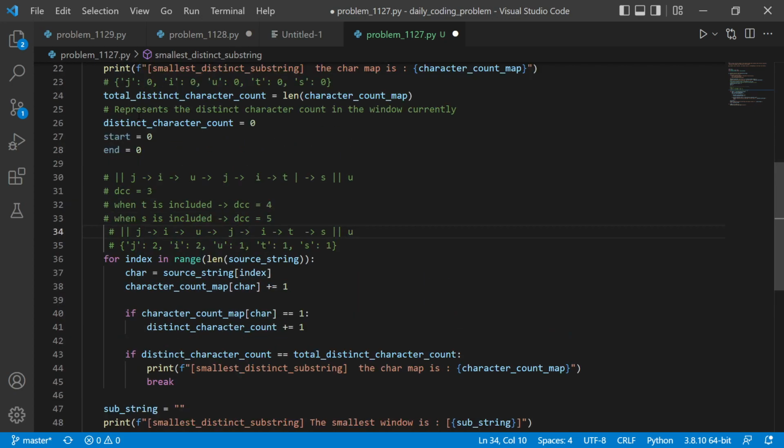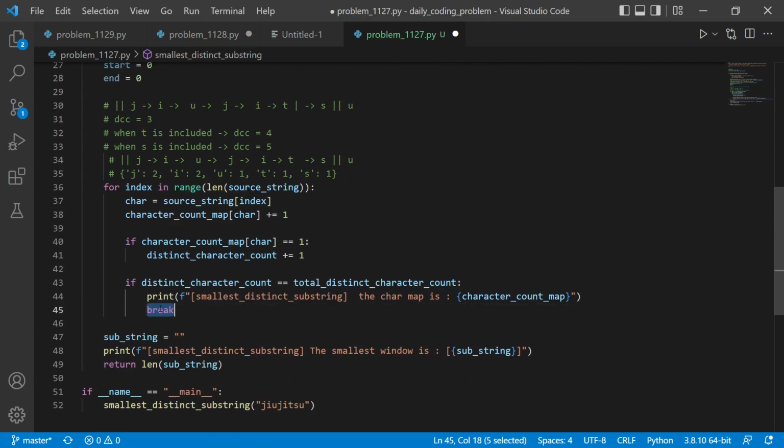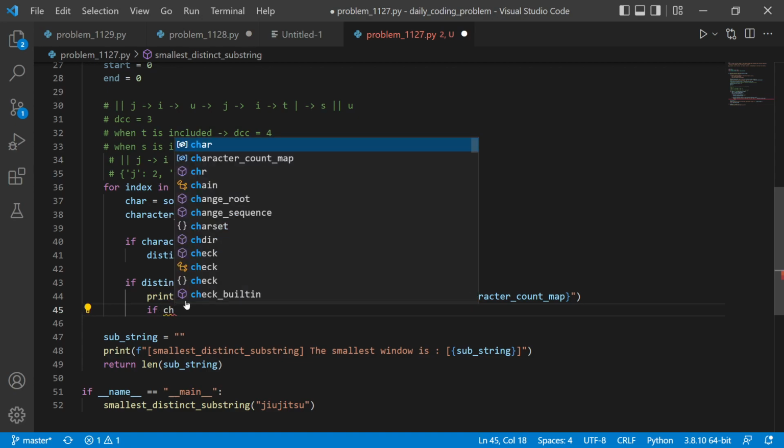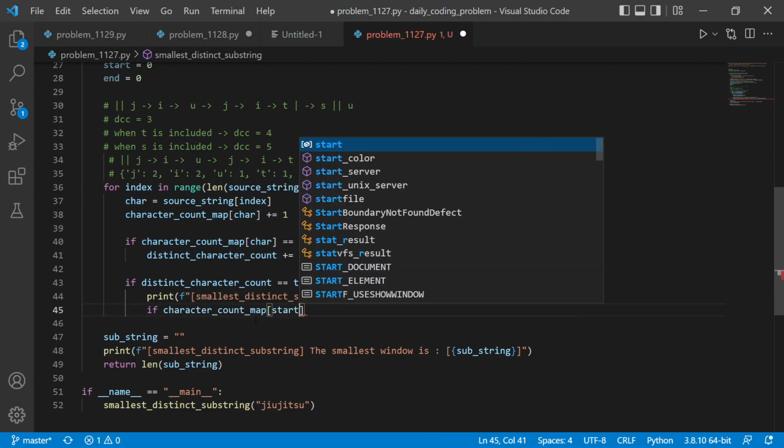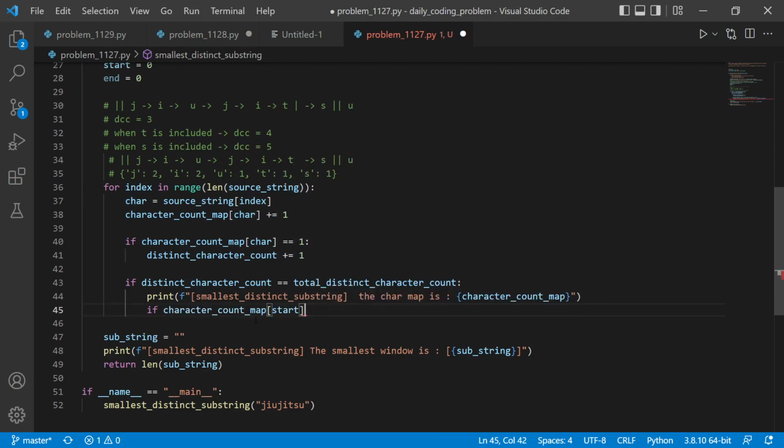How do we do that? We already have a variable start, which keeps track of where our window starts from. So we'll say that, hey, if our current character count map of the start variable is greater than 1, that means it